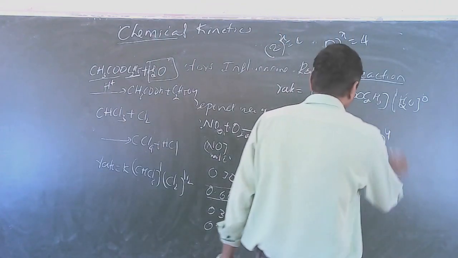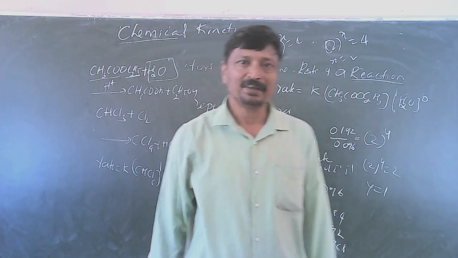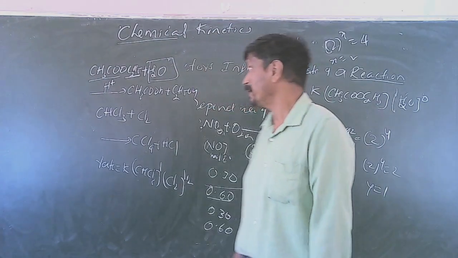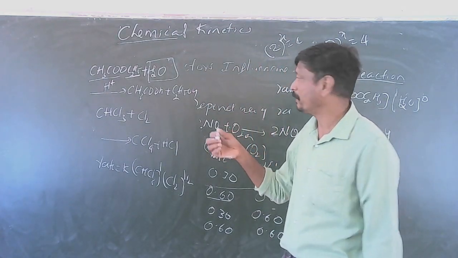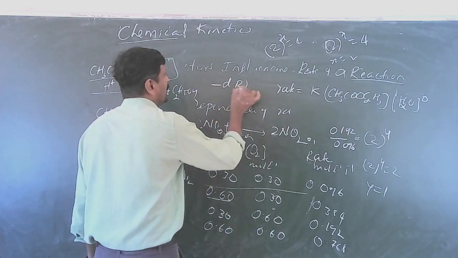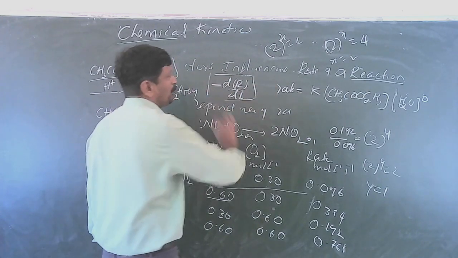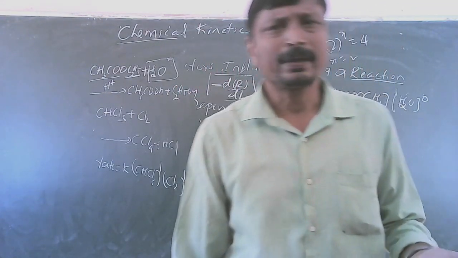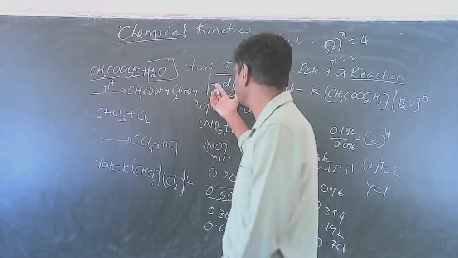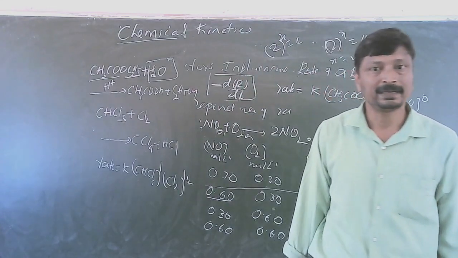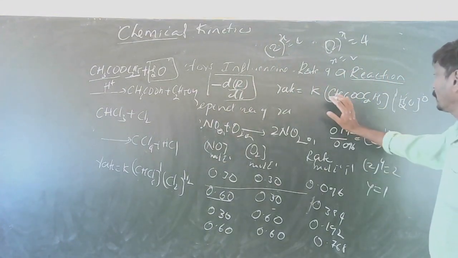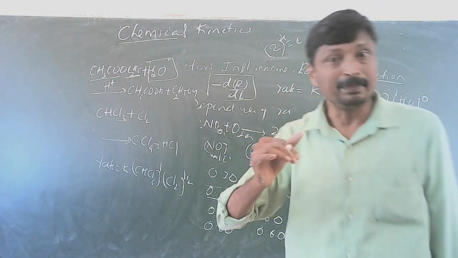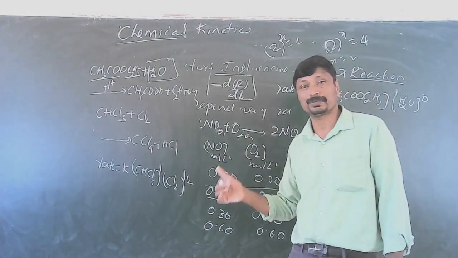What is the one thing here? When you double the concentration of ethyl acetate, the rate of the reaction doubles. That's all. On the basis of experiment, you have to write this rate expression. Suppose it is written in the form of minus dR by dt, then it is called the differential form. Suppose in an exam you are asked to write the differential form: minus dR by dt is equal to K into the molar concentration of ethyl acetate raised to 1 and water raised to 0. That means the rate of the reaction does not depend upon the molar concentration of water.